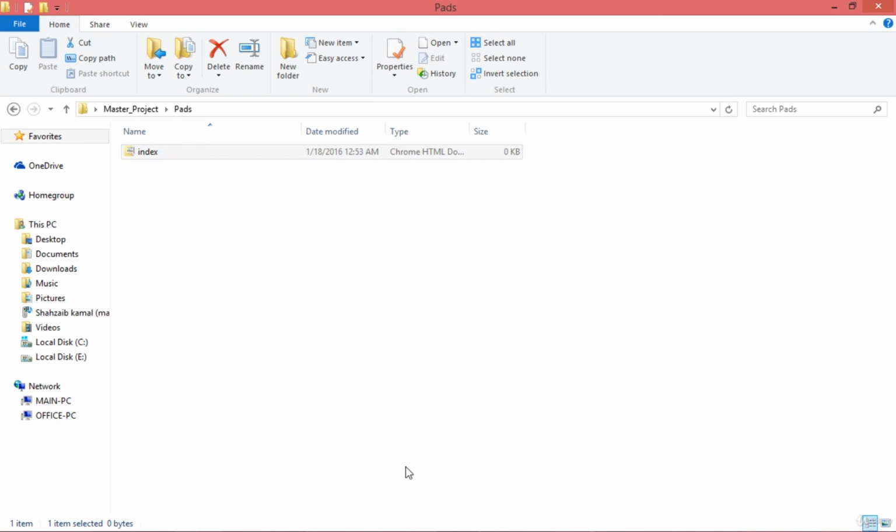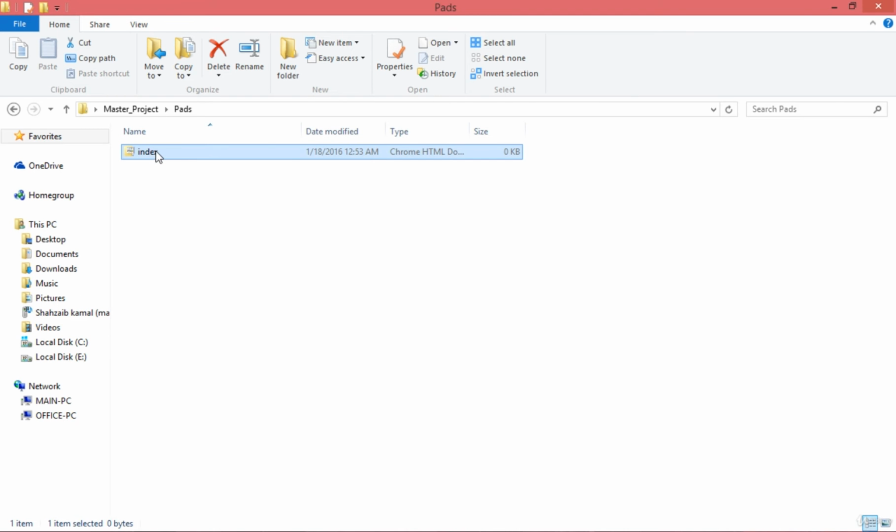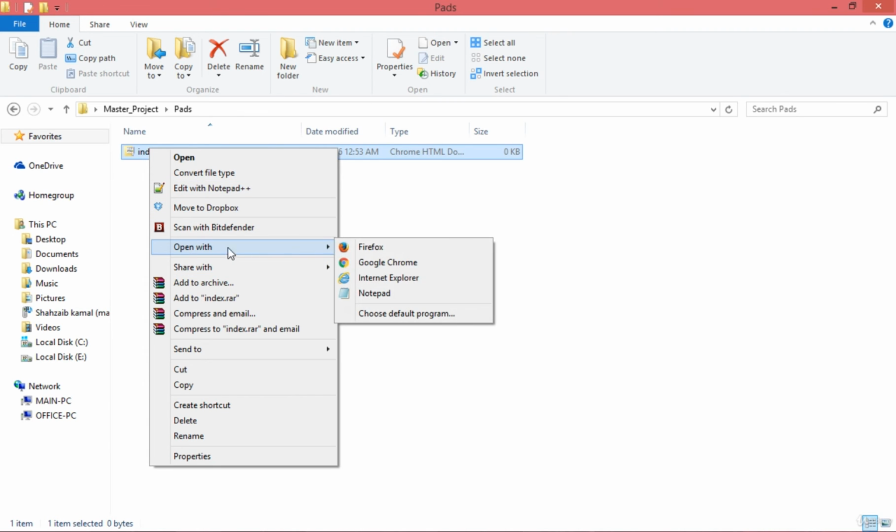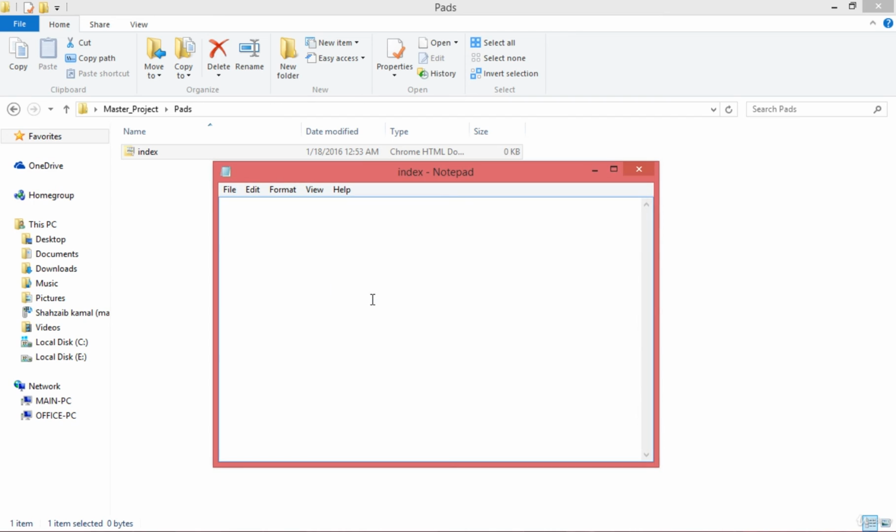Now if you want to make some additions in the file, you cannot type anything in the browser, as you know. So we need to go back to the code editor. Let's right click on it, and if I click on open, it will send me back to the browser, but I don't want to go to the browser again. There is an option to edit with Notepad++, but I'm not going to do anything with Notepad++ because you don't know about it yet. I need to go to open with and click on Notepad. If Notepad is not in the list, click on choose default program, and then you can choose Notepad from there.